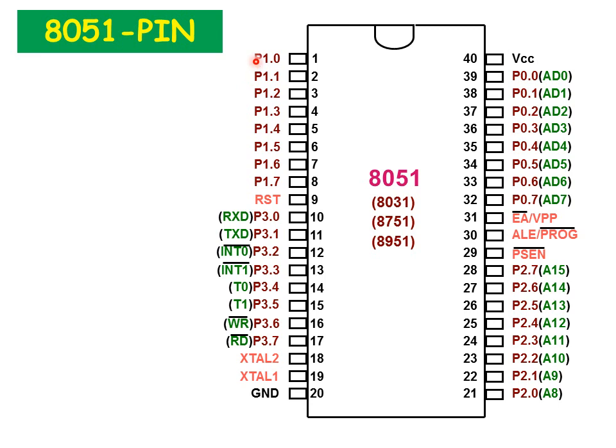Then comes port 1, which is completely used for input output data transmission. It will read through port 1 or write through port 1 IO. And see port 3, it is a special port used for different purposes. As I said previously, here RxD and TxD are used only for serial bus data transmission: the RxD line is the receive line, and the TxD line is the transmission line.